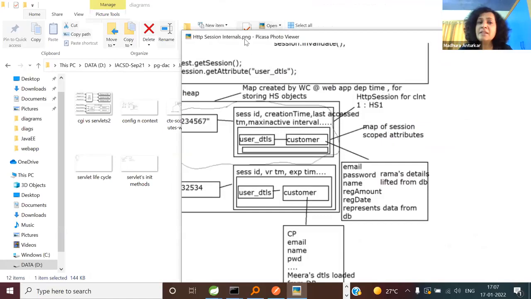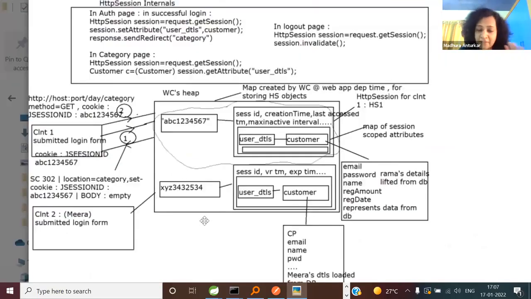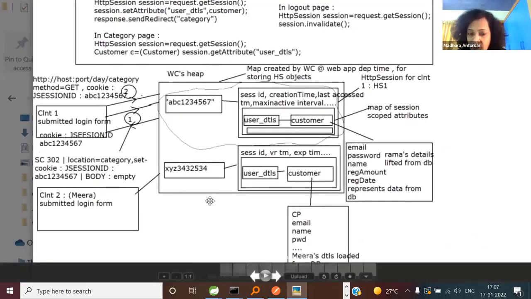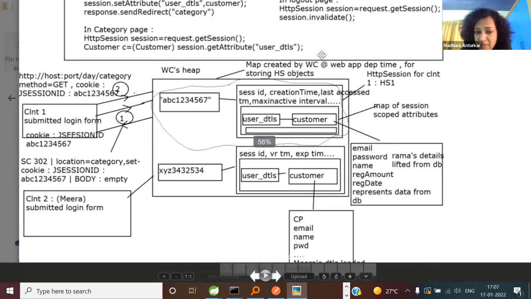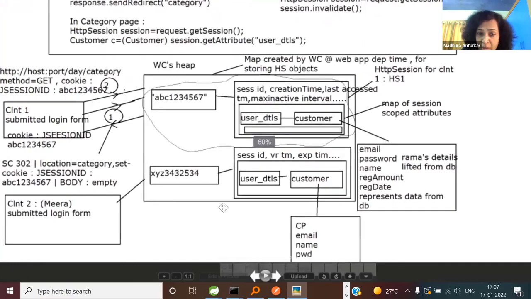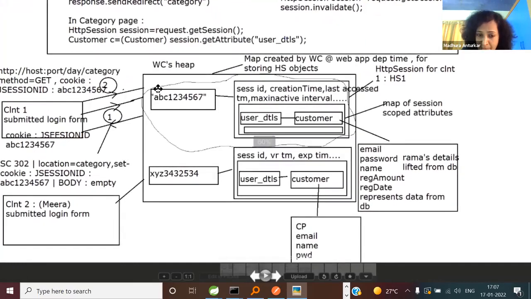I told you, this is just one of the things. If you ask me where you have seen it from, it is from experience. And when I take you to Spring MVC, you can start seeing all these things using debug options. Anyway, coming back to the point, now I'm talking about the outermost box. Simple statements. Who is going to create what, when, and for which reason? The answer to who is the web container. What is it going to create? It is going to create this outer map.